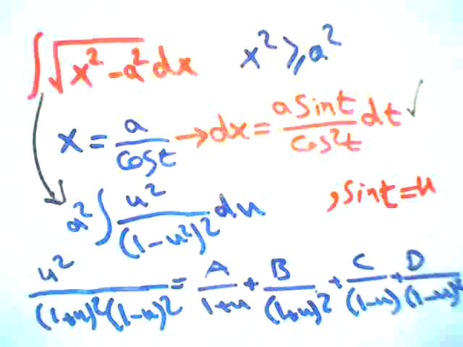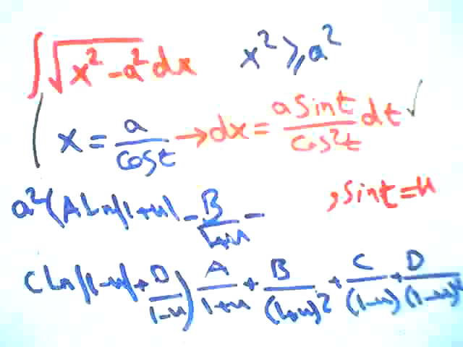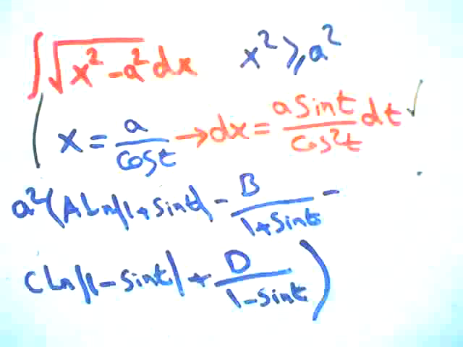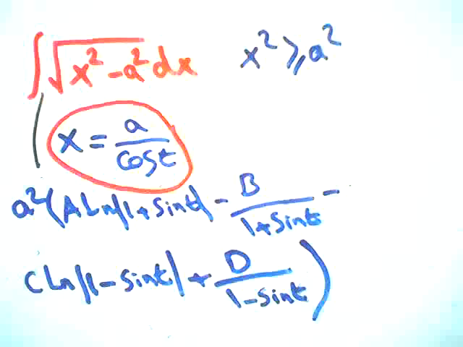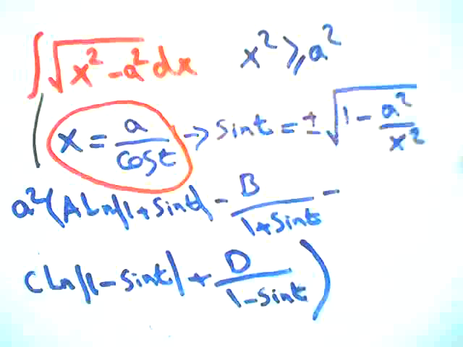I'm not going to find the constants here, but the integral would be equal to this, but the answer should be in terms of x, not u. So let's plug sine of t in u, then write sine of t as x like this, but we took sine and cosine to be positive before, okay? So plugging it into sine of t gives us the final answer,